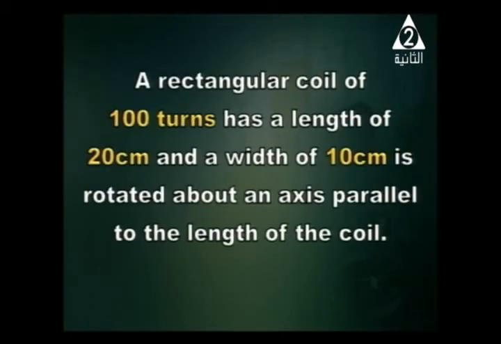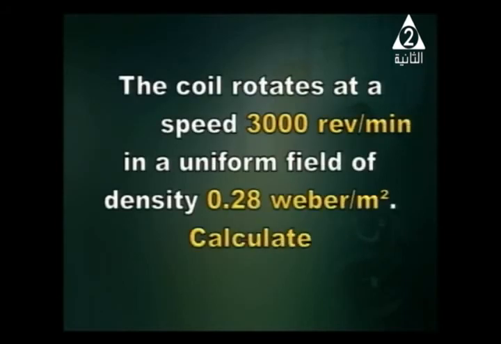Another problem, a rectangular coil of 100 turns. So number of turns on the coil is 100. The coil has a length of 20 centimeter and width of 10 centimeter. The coil is rotated about an axis parallel to the length of the coil. The coil is rotated at a speed of 3000 rev per minute in a uniform magnetic field of density 0.28 Weber per meter squared. Okay, calculate